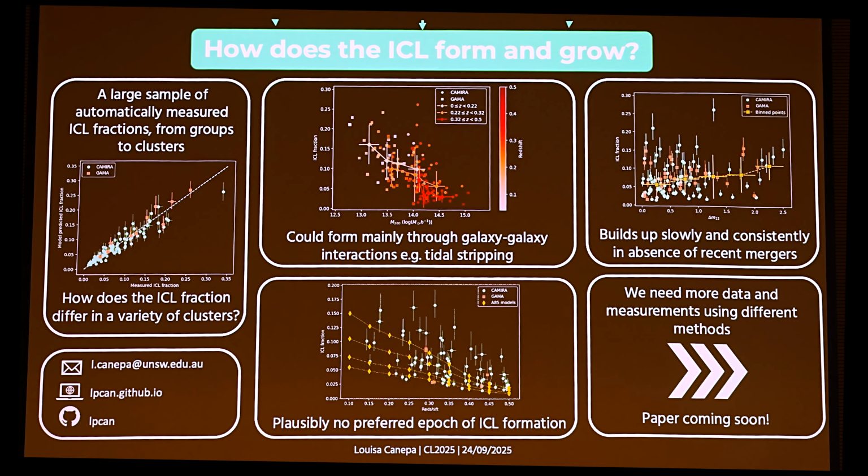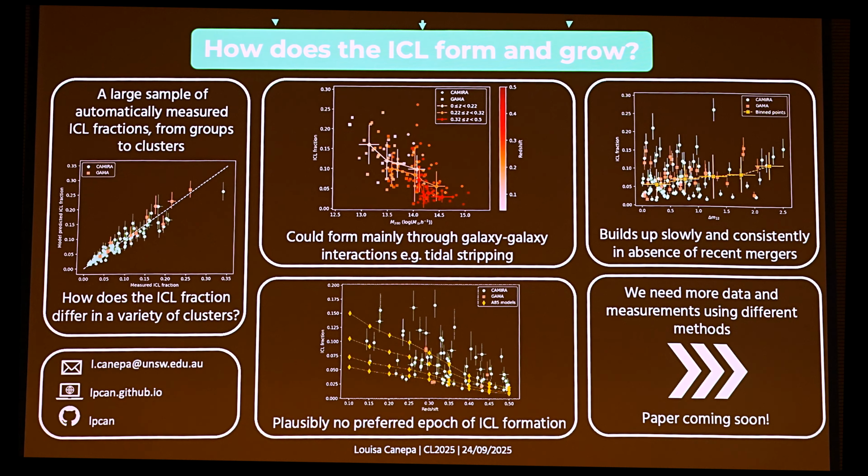What this would mean as well is that the ICL is building up slowly and consistently within these clusters in the absence of recent mergers, which would also gel with what we're seeing with the cluster relaxation trend. However, once we control for these effects, what we're finding is plausibly no preferred epoch of ICL formation. So no redshift where ICL production is more efficient than others, although again, it was quite a simple model, so